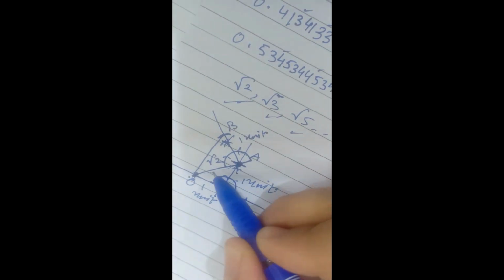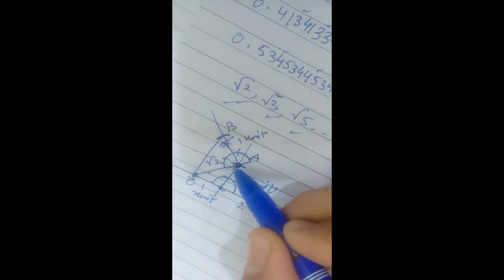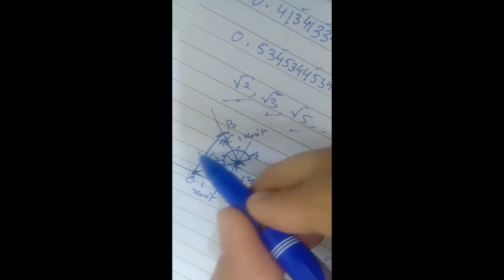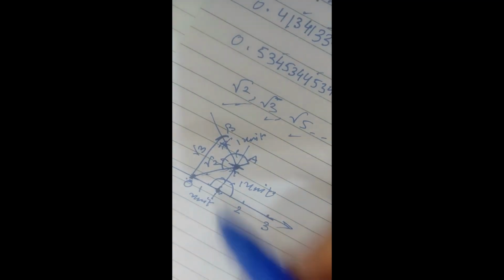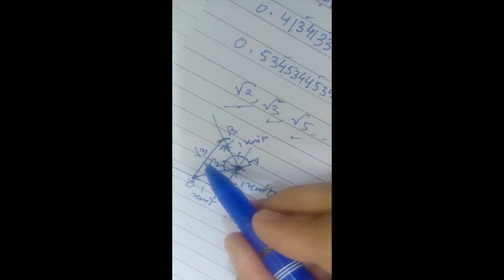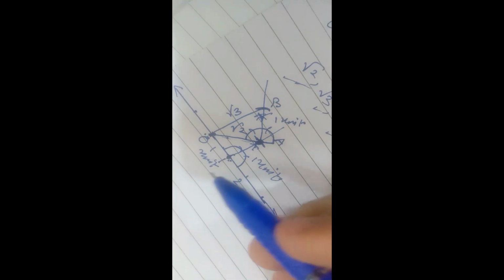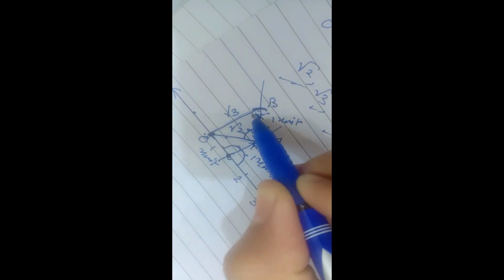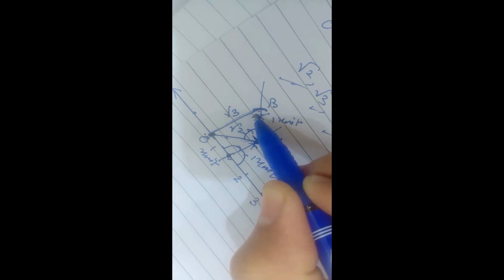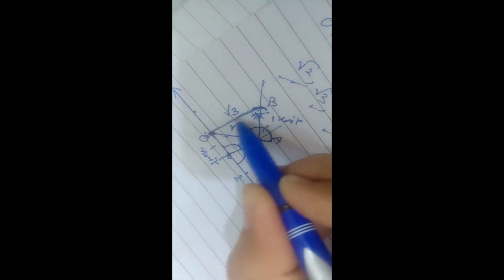This will give you, now you see, √2 squared is 2, 1 squared is 1, 2 plus 1 is 3. Due to hypotenuse square it will become √3. Fine. So we started with √2, then we went for √3. Now the same I'm going to tell you on the same number line, √4. Now this one will be considered as the line on which the 90 degree angle has to be constructed. Students normally do the mistake, they start constructing the angle of 90 on this. This is wrong. You have to construct here.